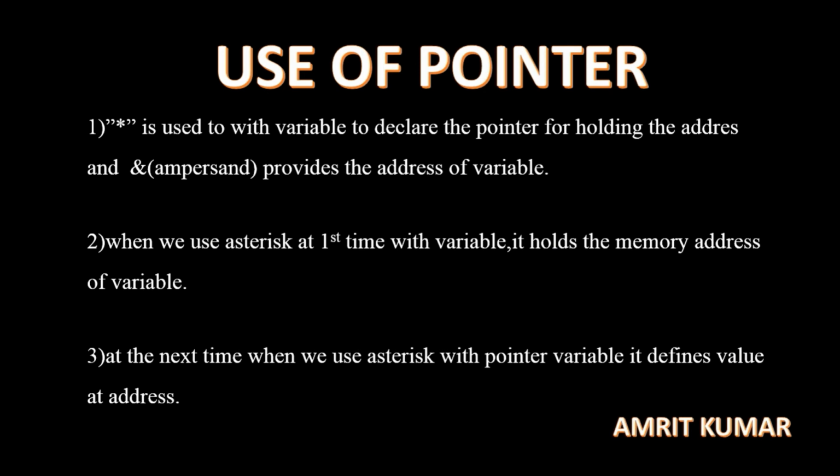So the most important point here is that asterisk is used with a variable to declare the pointer. For declaring a pointer, you have to use asterisk, and for providing the address of a variable, you will be using ampersand,